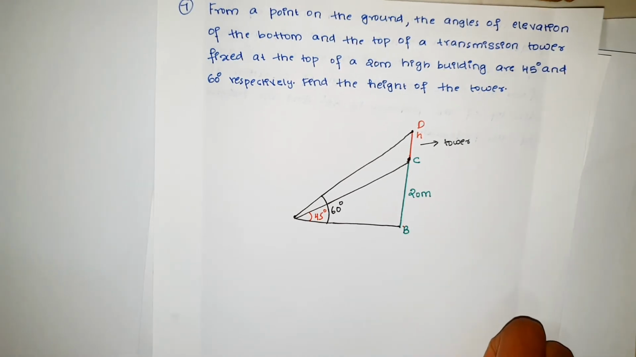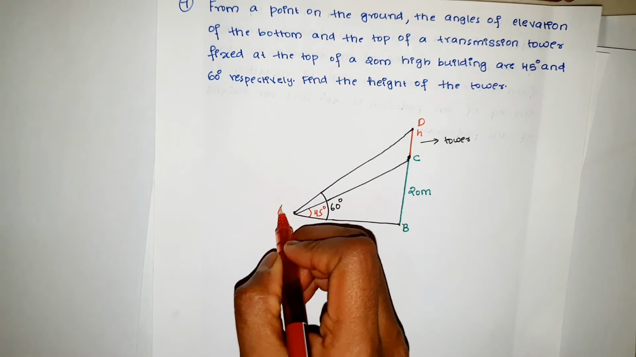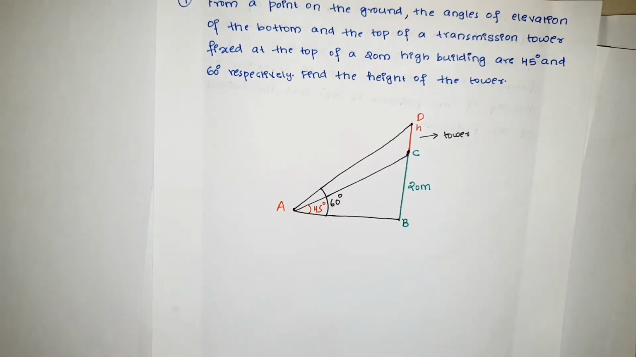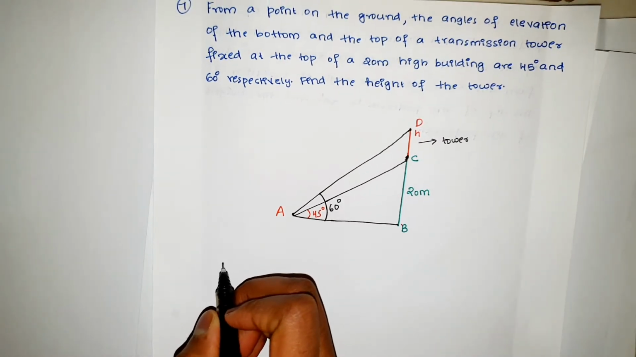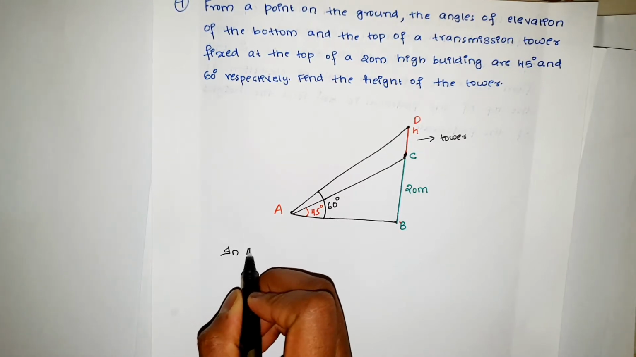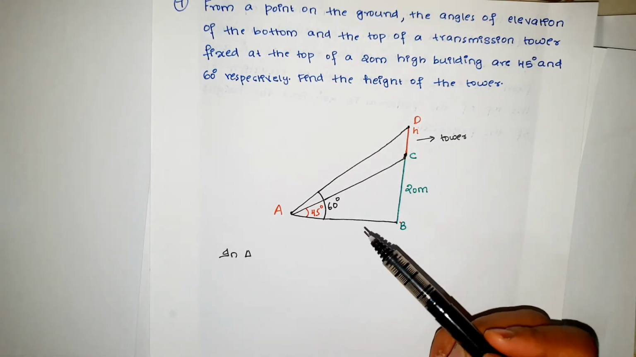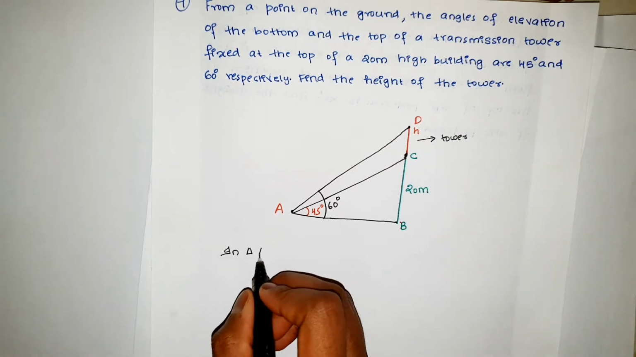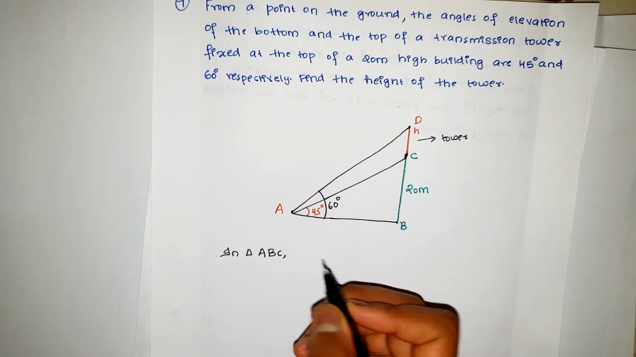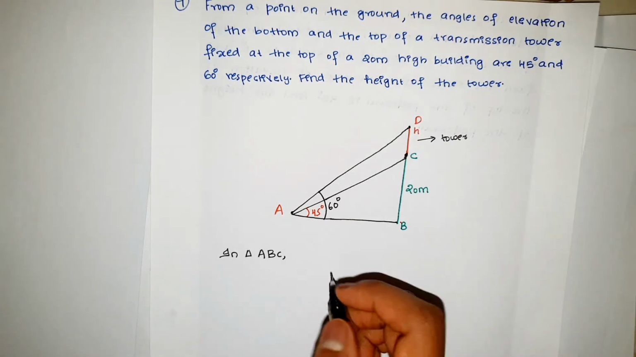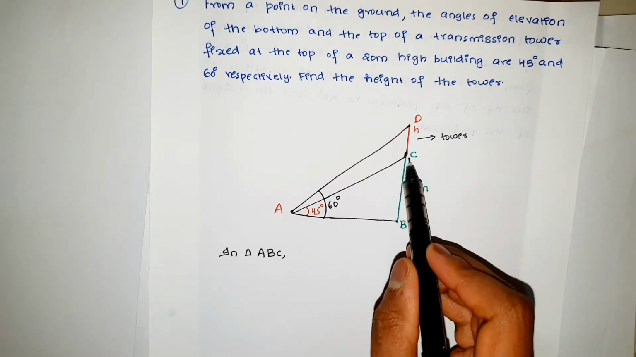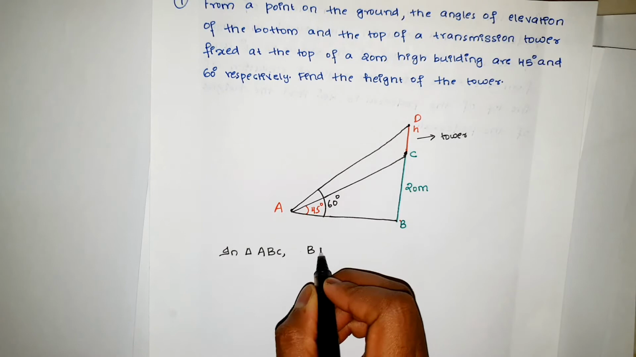Okay, so let this be A. Okay, we can take the ratio. So here we have the triangle ABC. In triangle ABC, I am starting with the perpendicular first. So my perpendicular is BC. BC by